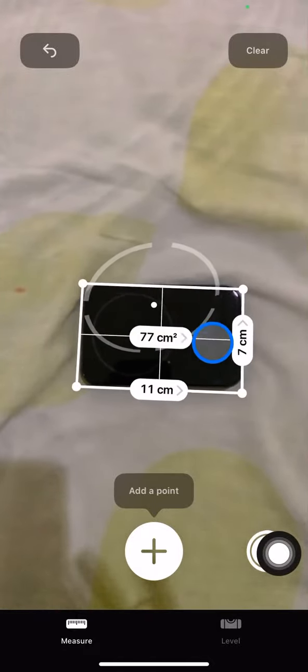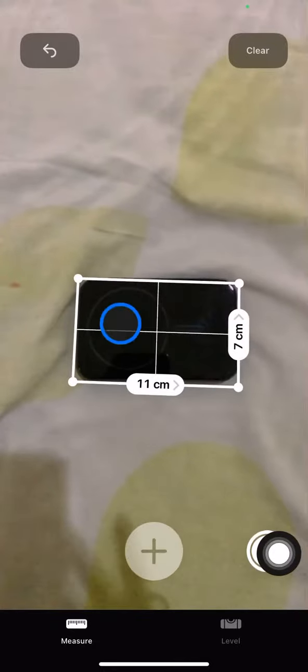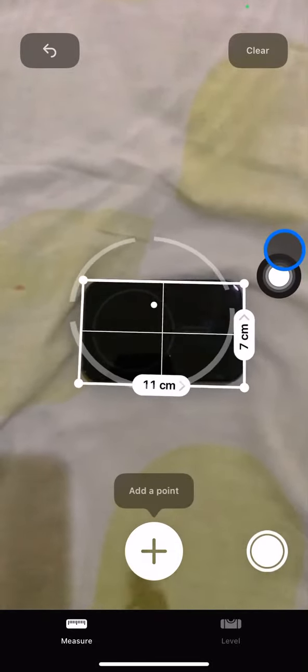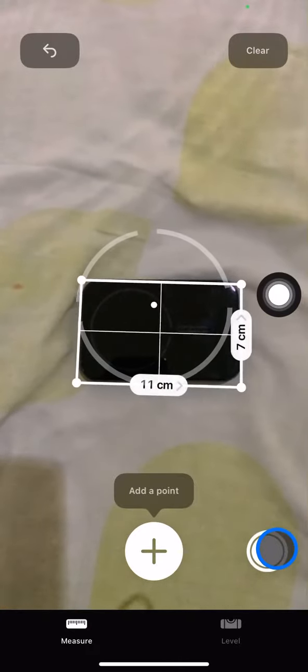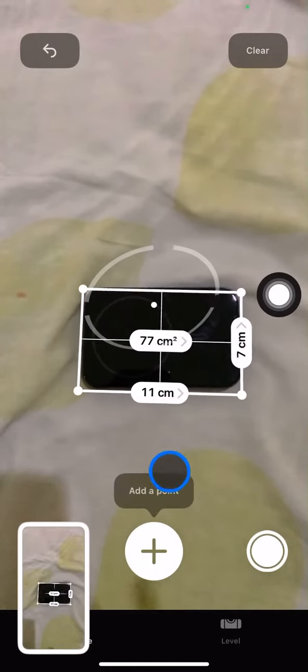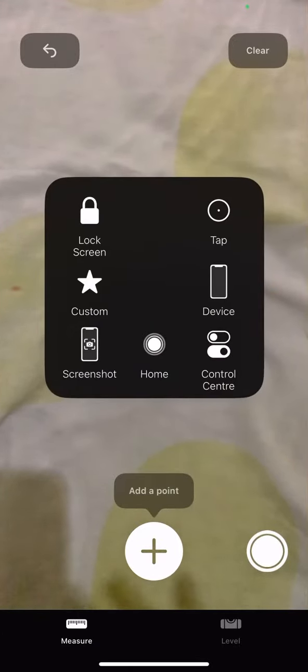And whenever you got it, you can also get the prediction of the size of this item too. So that's so simple. If you need the data, you just need to capture this by going to click this side. And now this will be saved into your photo library, and you already got everything done. So that is the way how to use the Measure application on your